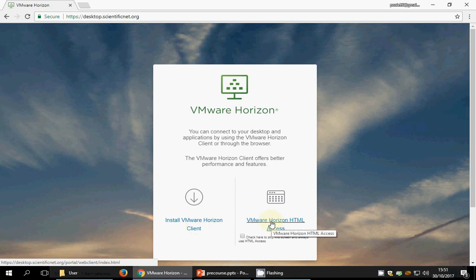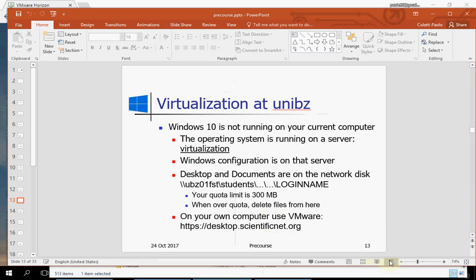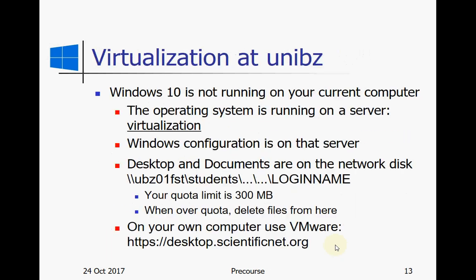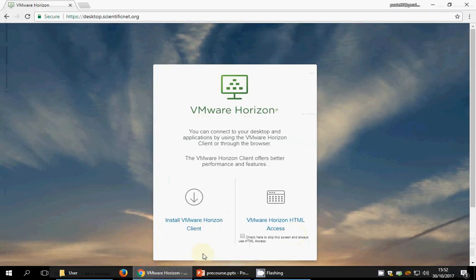Okay, you can go there from your computer and putting things there using the tricks that you have seen here. Okay, so you can put a file there using these tricks and then access the file through VMware. But it's a little trouble. It's a little contorted, not convenient. It's much better if you plan to use it regularly to install this little client. For example, I have installed it on my Mac. Then you can just click on the client and you will not only be able to have